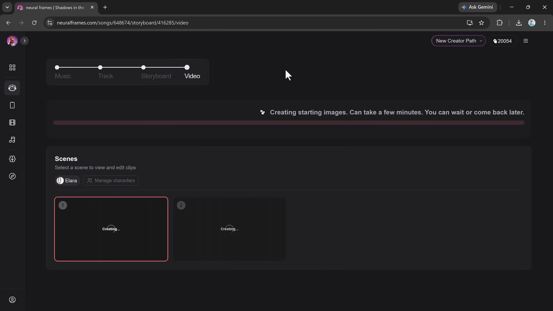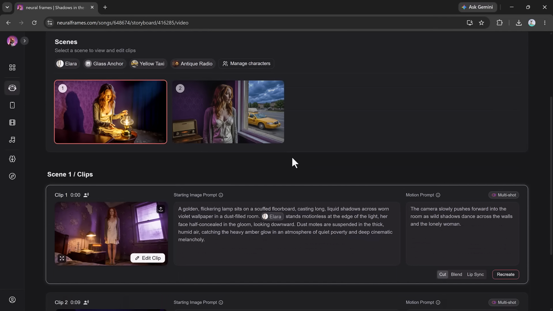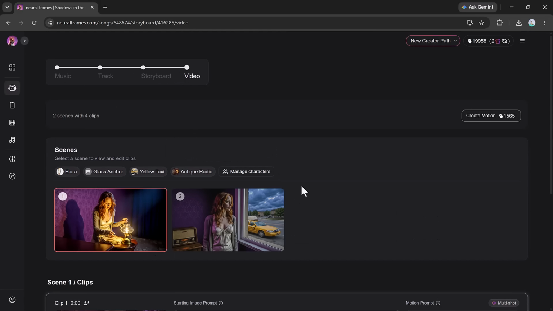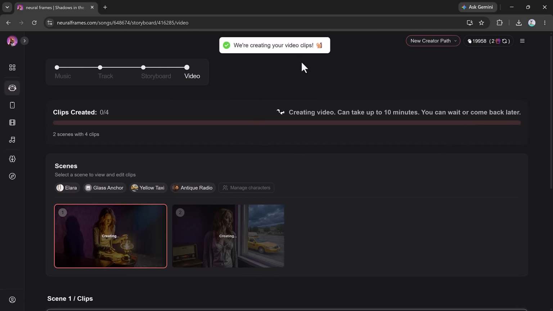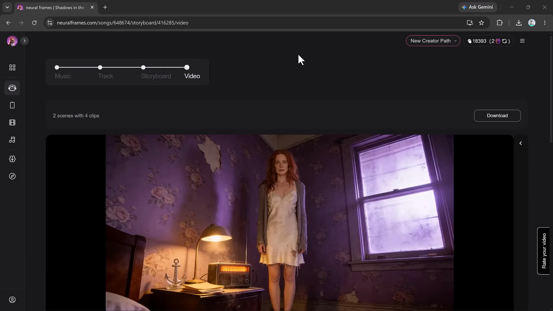Once everything is configured, Neural Frames will begin creating the initial scene images based on your music and prompt. After the images are generated, you can review them, make adjustments if needed, and then click Create Motion. The AI will transform the images into a fully animated music video. Depending on the length and complexity of the project,